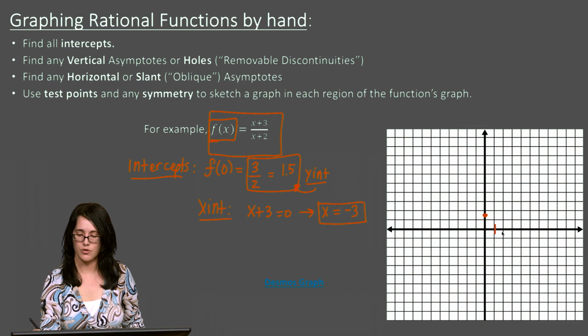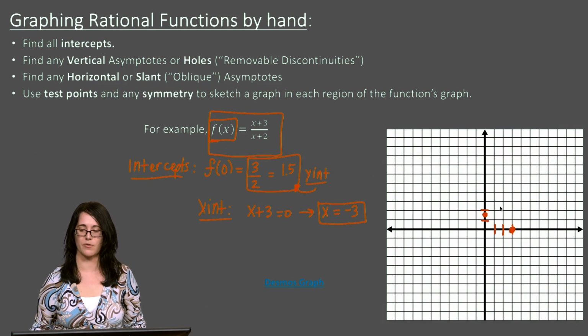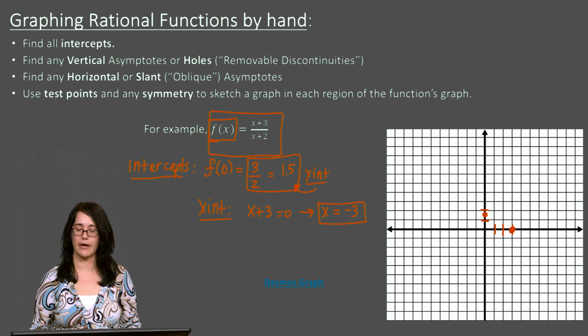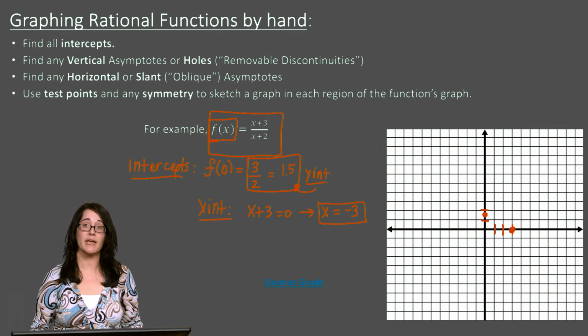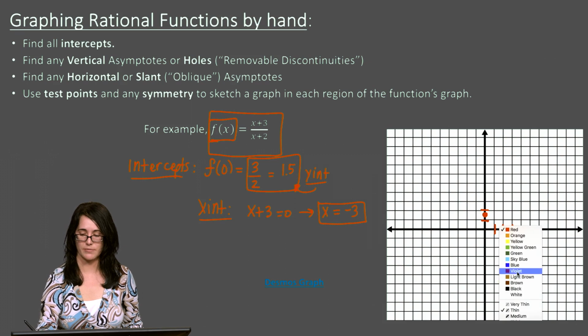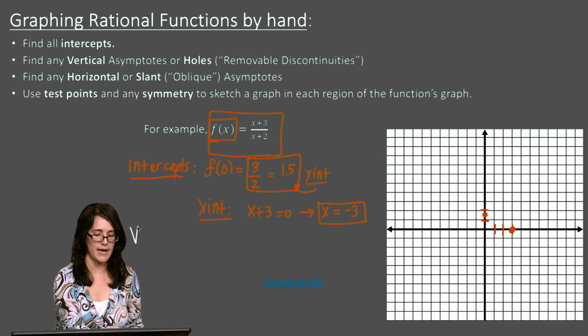So 1, 2, 3, there's my location of my x-intercept, and at 1.5 was the location of my y-intercept. So we already have part of the graph pretty clear, I hope. But let's continue talking about vertical asymptotes and slant asymptotes, or horizontal asymptotes. So let's see here. If I was looking for a vertical asymptote, or a hole,